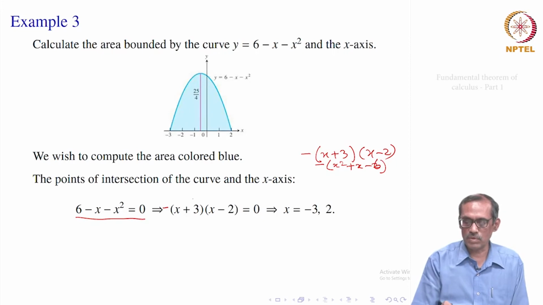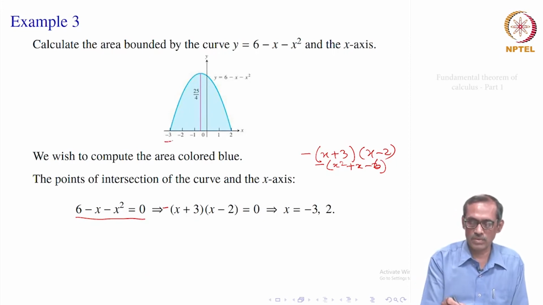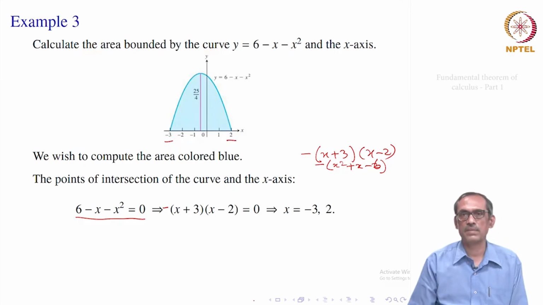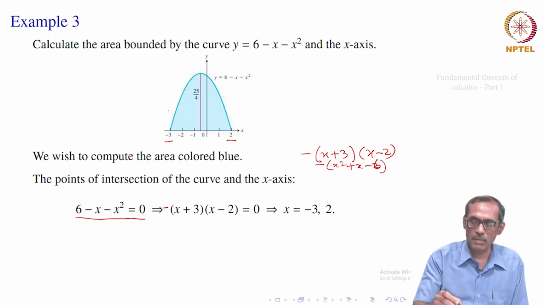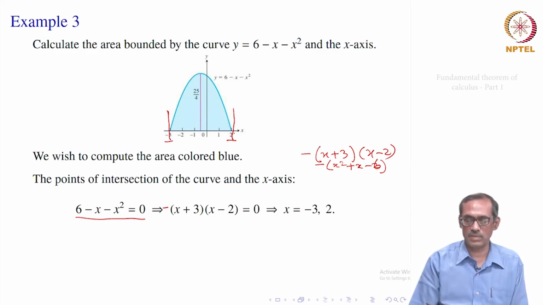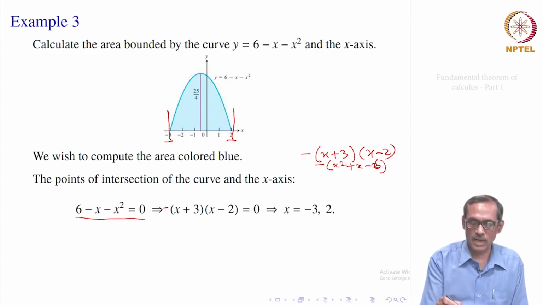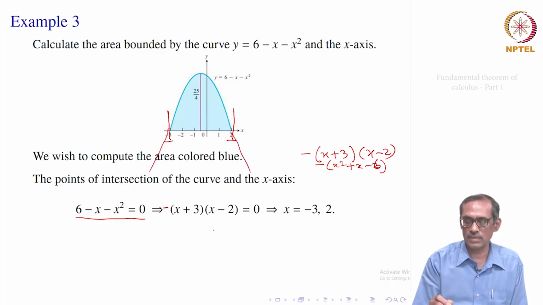So, that gives you 2 points, x equal to minus 3 and x equal to minus 2. These are the 2 points where the curve crosses the x axis. So, we want to find out the area bounded by this curve and these 2 points. These are really our lines, x equal to a and x equal to b. If you go back to the general setup and you see this is the bounded area, the other one will go unbounded, right. It will go this way, the curve. So, that is the unbounded area, this is only the bounded area.